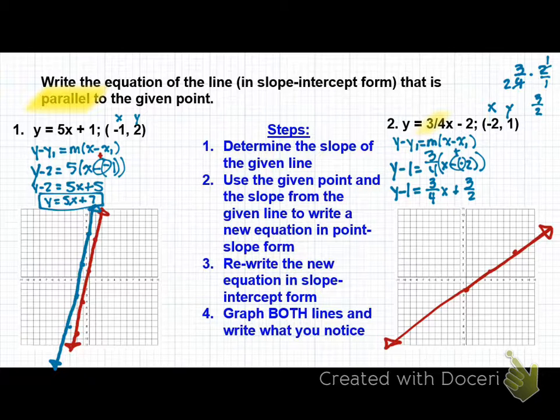Now for y minus 1 here, I need to add it to the other side, which means I'm going to add a whole number. I could write 1 as 1 over 1 or 2 over 2. So I'm going to add 2 over 2 to the other side, and I'll add it to both sides. And so our answer is going to be y is equal to 3/4 x plus 5 over 2. After we're done writing it out, then we're going to graph it. So when I graph it,